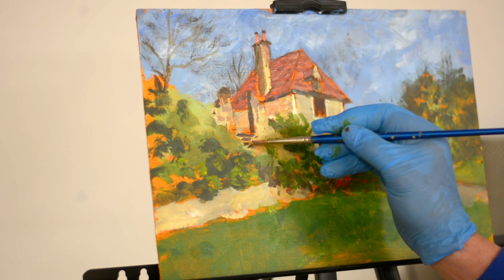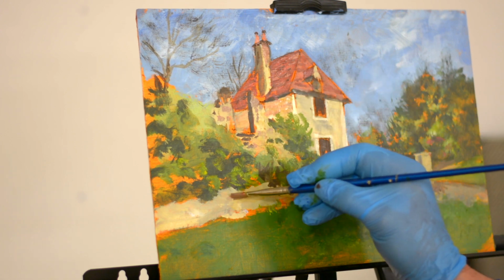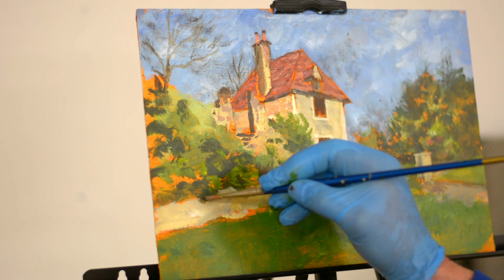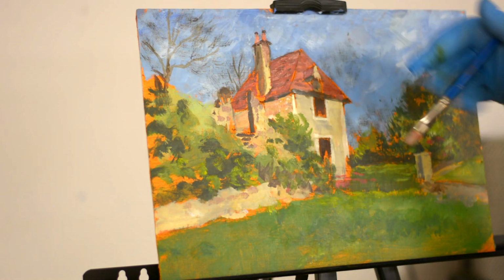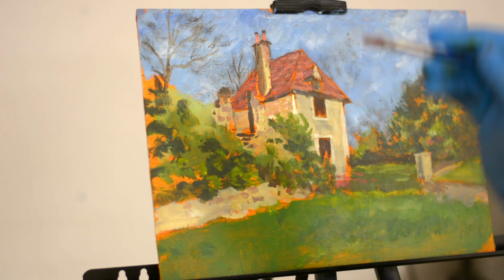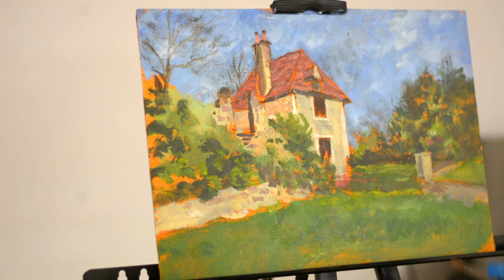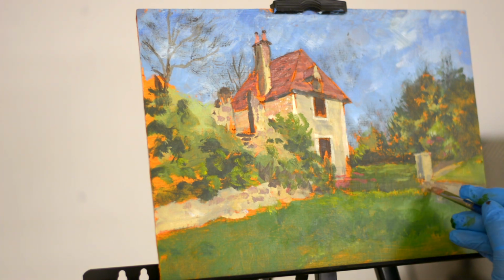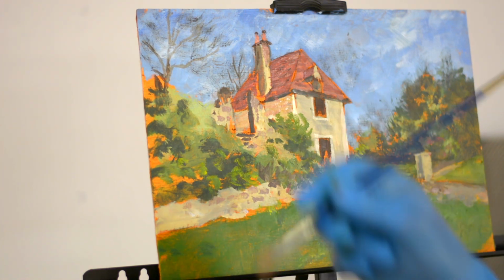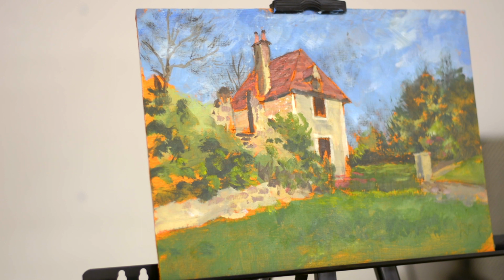I can now paint some little rectangular shapes in the wall, and what you're doing when you paint a wall like this is you're having to follow again the angles of the perspective, so you keep checking, you follow the drawing you started with to get the right shapes, but as we get the colours built in, what we do is we reduce the size of the brush, so now we can go down to